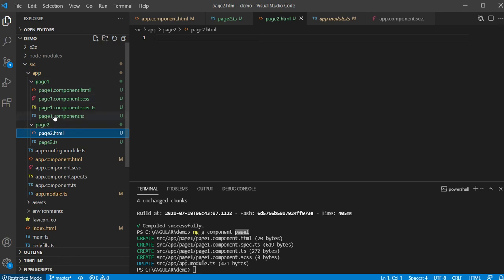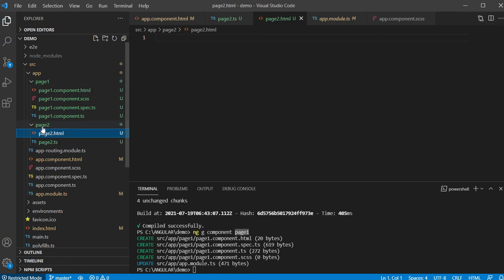You can see the default way Angular creates page 1, or a page, is page name dot component dot html. Well, you can rename them, or else you can create it this way, which is always preferred, right? Because it will give you the name according to your requirement. I have created this with the Angular generate command so that you would be able to understand how it actually works.